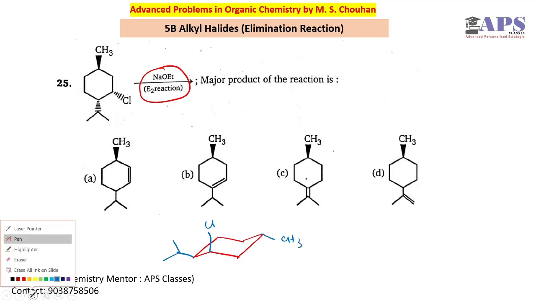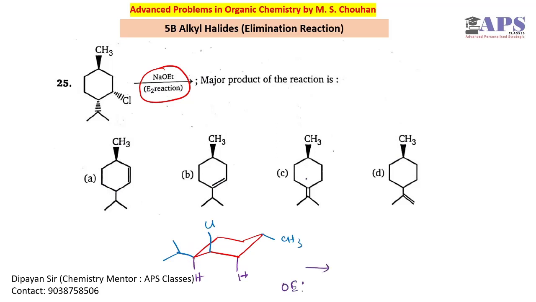Okay, now if we identify the beta hydrogens, we have two hydrogens here, and as this is a normal Saytzeff type of elimination, we have to remove the hydrogen where the number of hydrogens is less. So this is that position. OEt is the base present here, this base will abstract this hydrogen, and finally we have this kind of